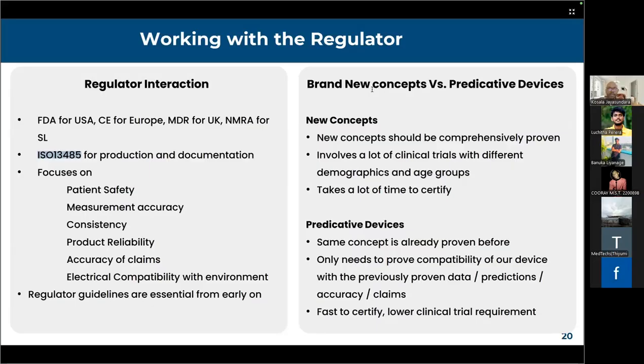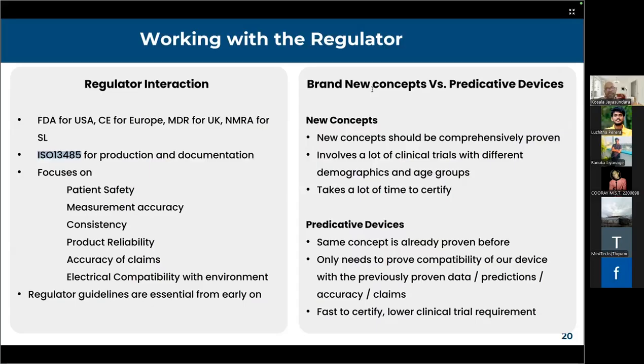So you can say, look, FDA, we are doing the same thing that other guys did. That guy went to clinics, went to patients, and properly proved that if you are achieving these accuracy levels and showing this amount of information, this is okay. It was previously proven, so give me the certification easily. That's the idea. So when it's a predicated device, FDA doesn't ask you to go back to clinics and do